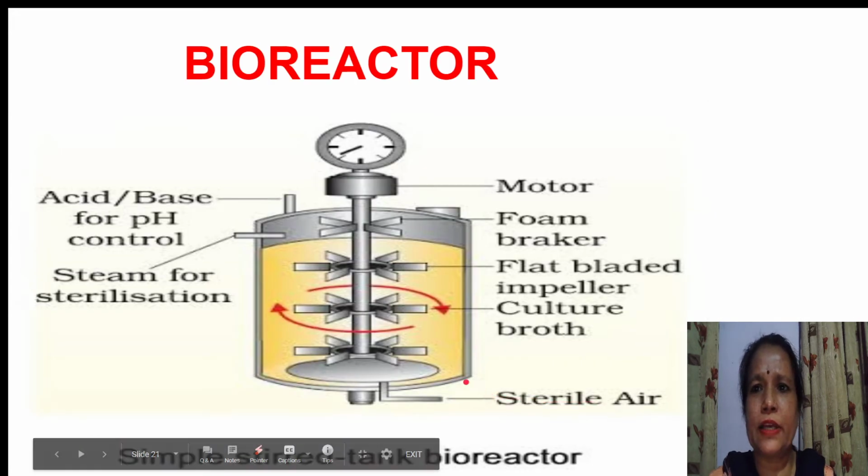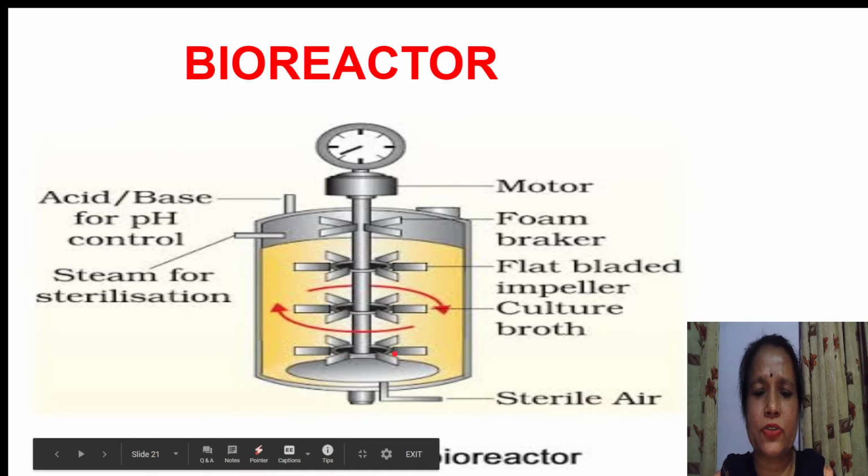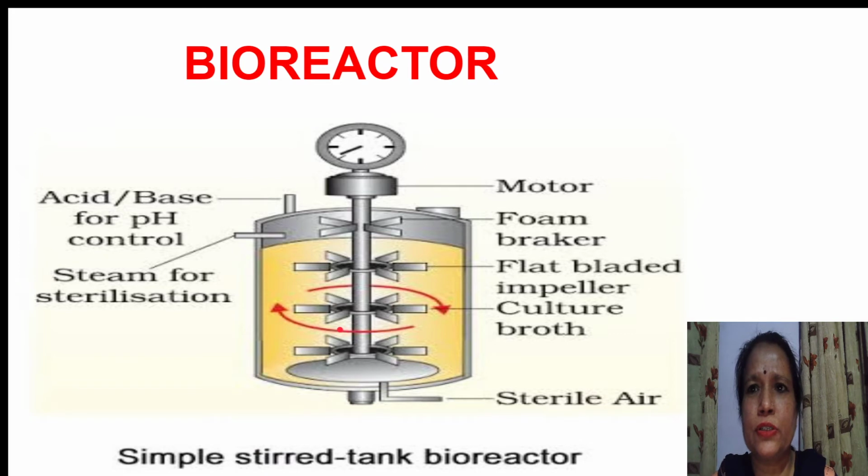Now this is a diagram of a bioreactor. Let us study its structure in detail. It uses a continuous culture and medium is added regularly to it. A stirred tank is there. Also this is made up of steel or copper. So it has a metallic structure.